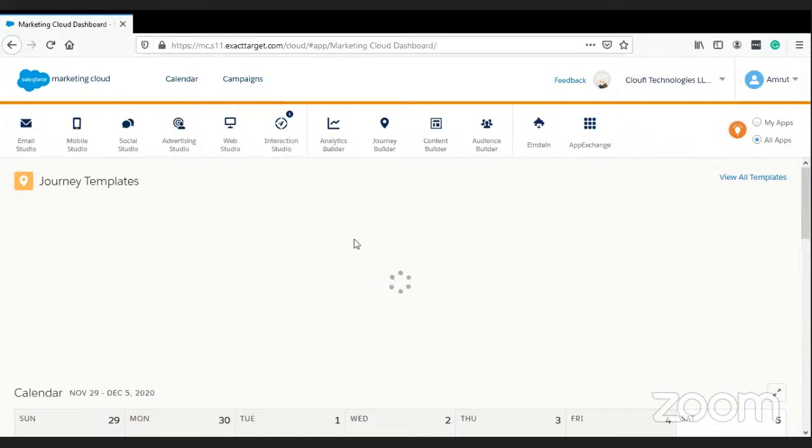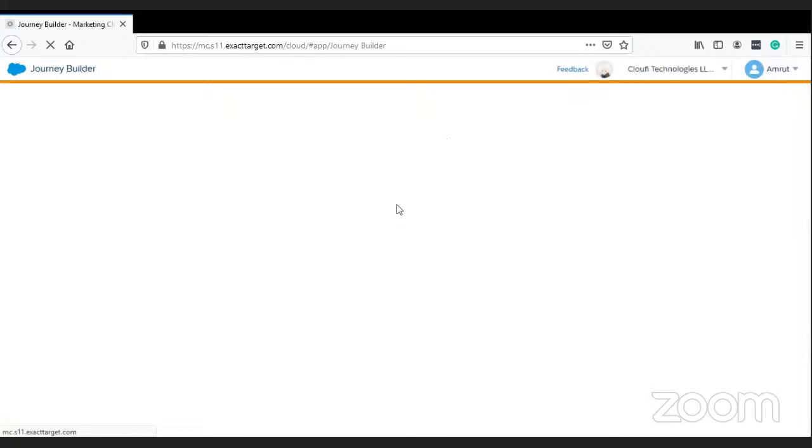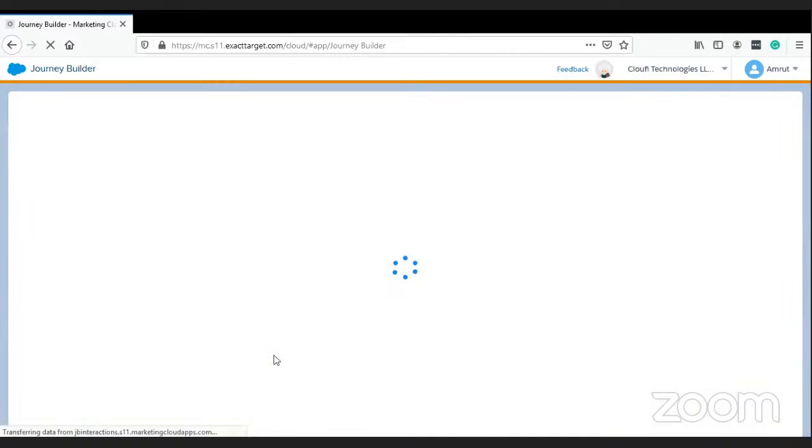Okay, I'll start now. So we would be looking at Journey Builder today. Journey Builder is again an important part of Marketing Cloud. In Journey Builder, basically, you can create one-to-one relationships. Right? You can create an automated